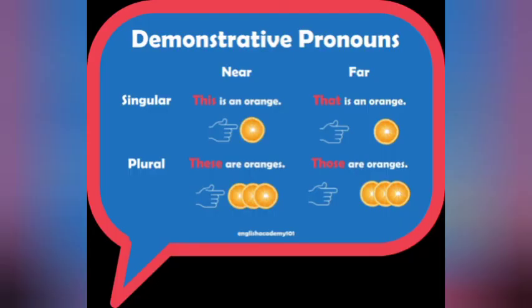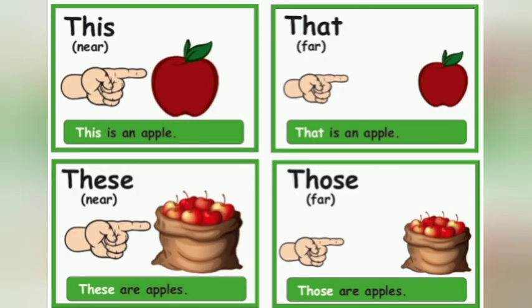Let's have some more examples. For near and far, for near this, far that. If they are plural in number, then for near these, and for far those. So in this way we use these demonstrative adjectives. I hope this concept is clear to you, and for more clarification you can go through the next picture also. Again, this, that, these, those. नज़दीक के लिए this or these, और दूर के लिए that and those. That depends on the number of the noun.